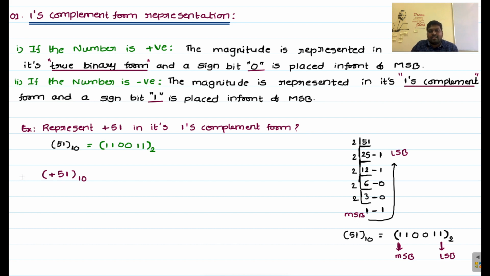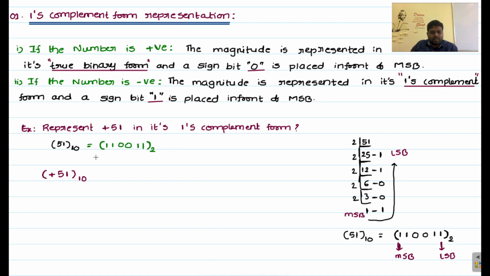So in the signed number case, what you have to do is add one extra bit, that is the sign bit, in front of the normal number. This is your normal binary number. In front of this number you add the sign bit. That sign bit depends on the positive or negative sign. If it is a positive number, you add 0. If it is a negative number, you add 1 in front of this particular number. Then you will get a signed representation of plus 51 base 10.